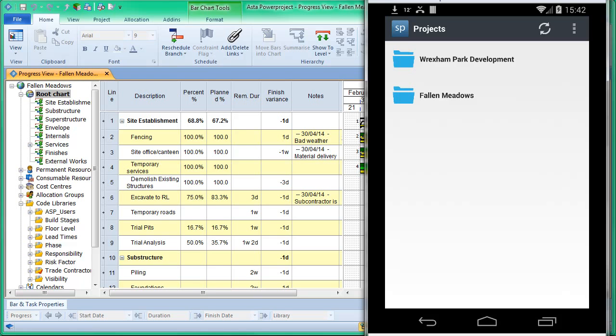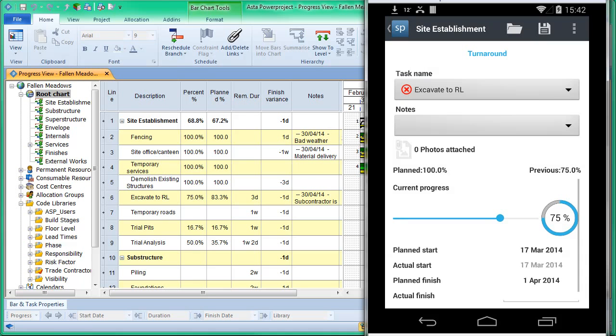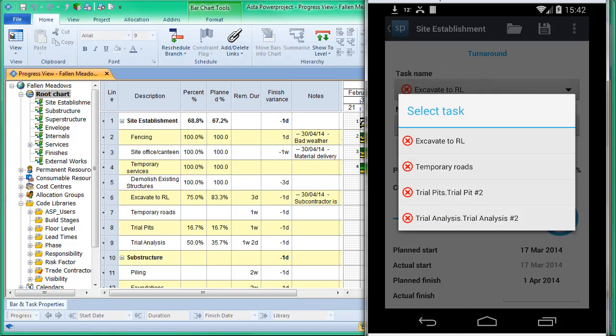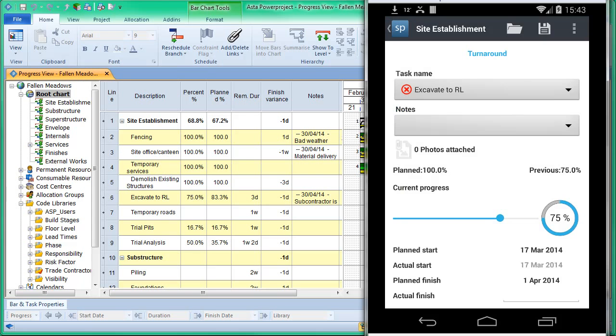So if I look at my Fallen Meadows project, it then reveals the work breakdown structure in that, and I need to choose one of those, and then it'll list the tasks in each of that section that are applicable. And if I click on the down button there, it's going to list all of the tasks that could be progressed up to this time. If it's got a red circle with a cross in it, it means we should have done it on time. So if we choose that one and we look below,